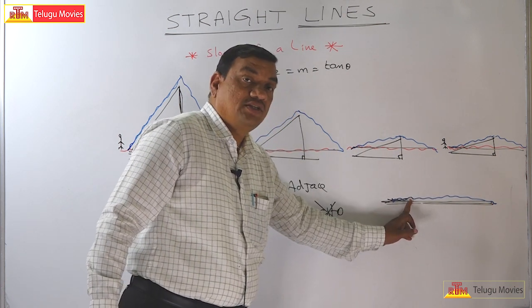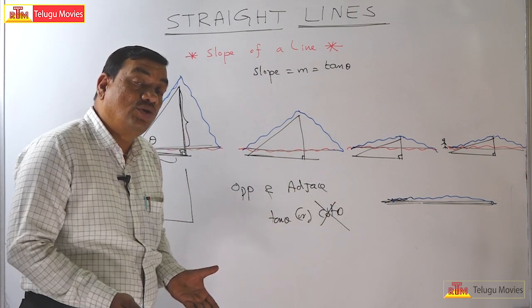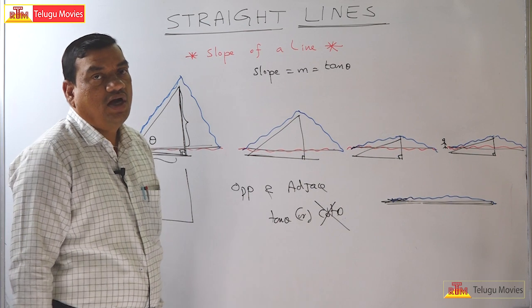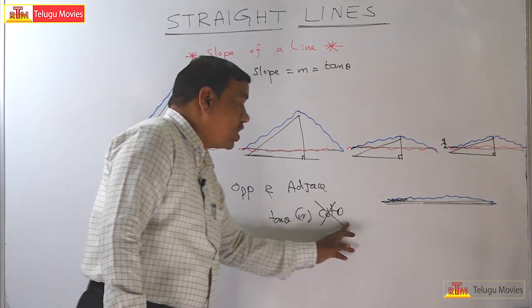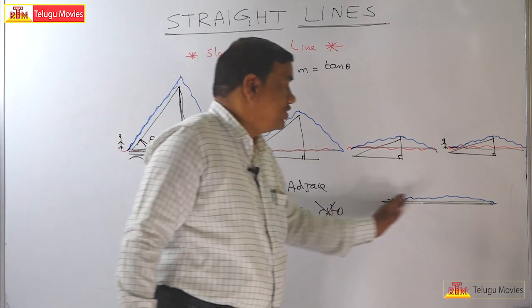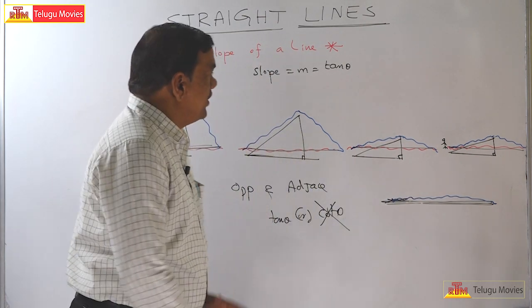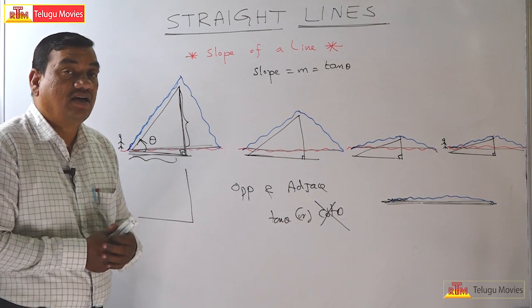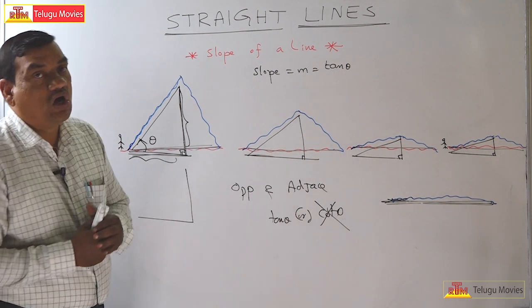Here, 0 degrees. That means tan 0 is 0. No inclination, no slope, 0 slope. Understand here? So if you take cot 0, it is undefined. So tan 0 is not undefined, it is defined. What is that? 0. Understand this? So I hope you understand why we have taken tan theta instead of sin theta or